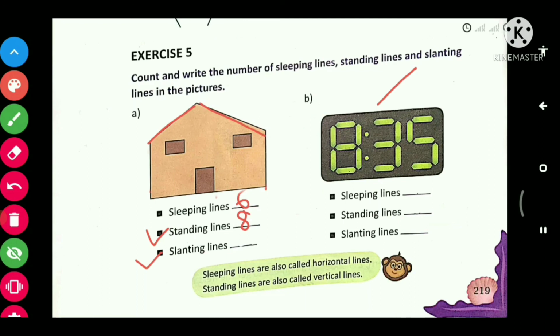Is there any other slanting line which is bending in one direction? No. So in total slanting lines are 2. Okay. So like this only you have to do B part, and you have to do B part in your book. Okay. So I hope that you have understood about sleeping, standing and slanting lines. Okay. So that's all for today.